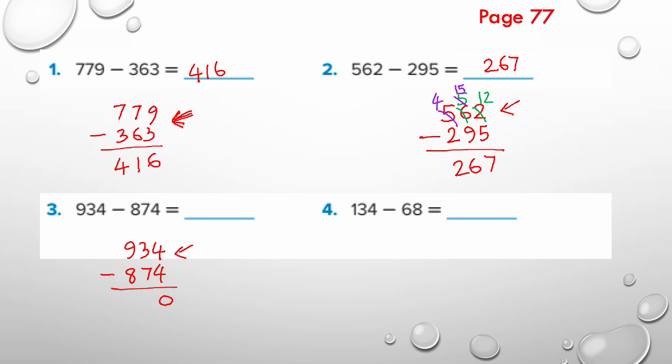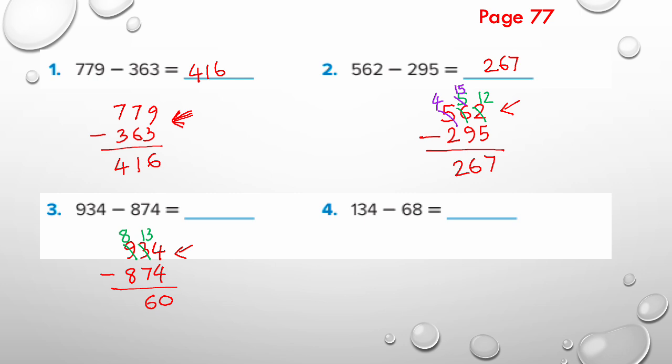3 minus 7, again the same problem. 3 is a smaller number, rakam saghira, 7 rakam kabira. 3 minus 7 is not possible. So you need to borrow 1 from the next number, that is 9. So borrow 1 from 9. So it will become 8 here. And the 3 will become 13. 13 minus 7. 7 is taken away from 13. Remaining is 6,